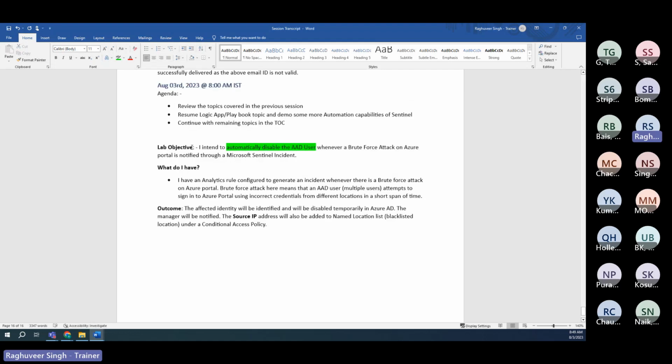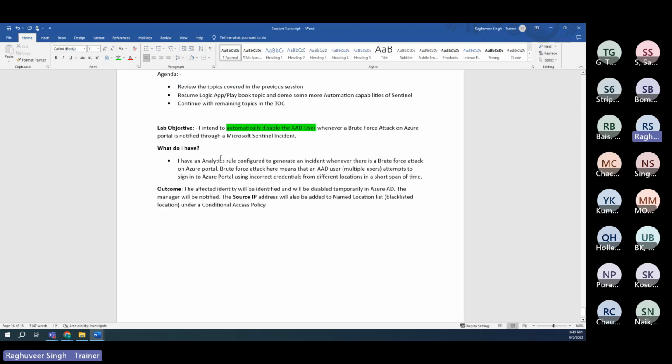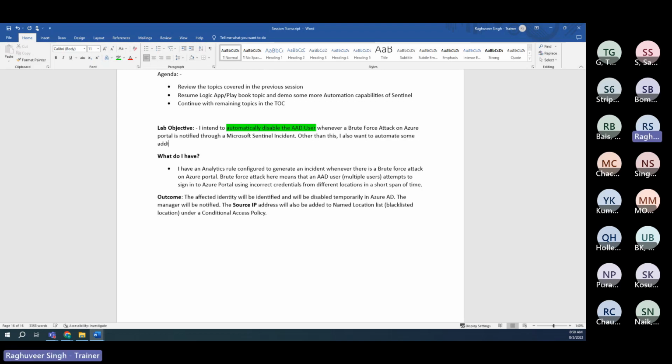So this is my lab objective. This is what I have, and this is the outcome that I expect. And in the same outcome, I'm saying this is my lab objective, that I want to automatically disable the user. And I can say that other than this, I also want to automate some additional actions, that is,